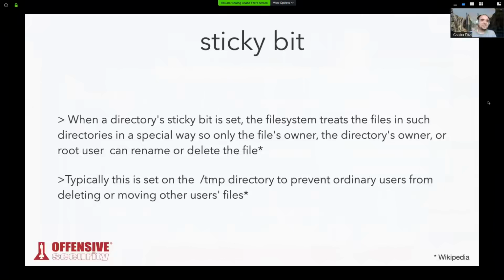Now, there is another important modifier. It's called a sticky bit on directories. And it means that the file system will treat those files in such directories in a special way. So only root, the directory owner, or the file owner can rename or delete these files. This is typically applied for temp directories. And it basically involves that everyone on macOS or Linux has write access to the temp folder. So you can write your own files there. But because of this sticky bit,